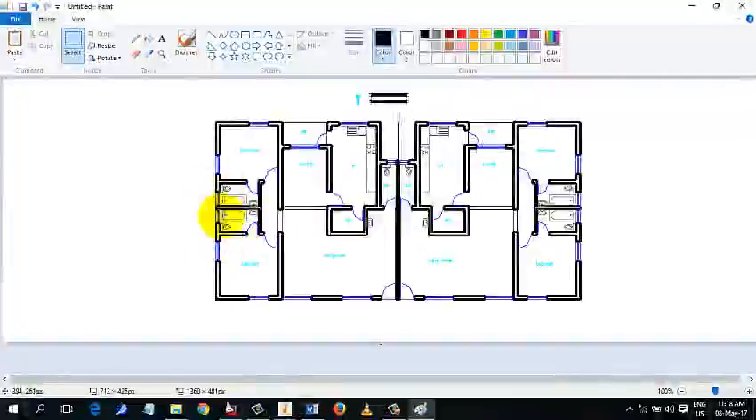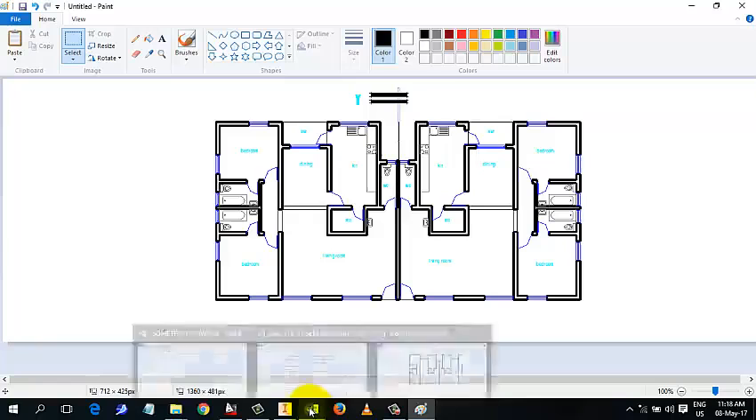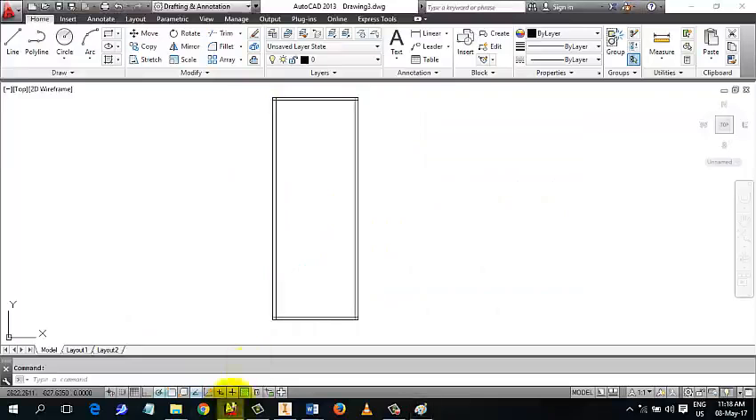I need to create other walls before I begin to get windows. There is a wall here. Am I right? So let's begin to create other walls. So from here,